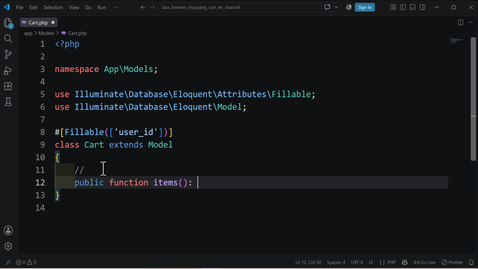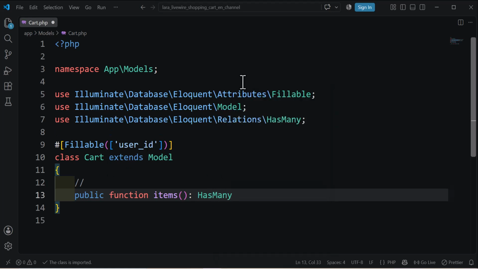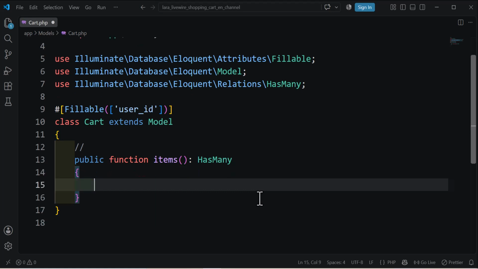So here the return type will be HasMany. For better practice, you can add the return type. If you don't want, you can remove it. So here it will be HasMany, and we need to import it. Okay, here we return that the cart has many cart items,